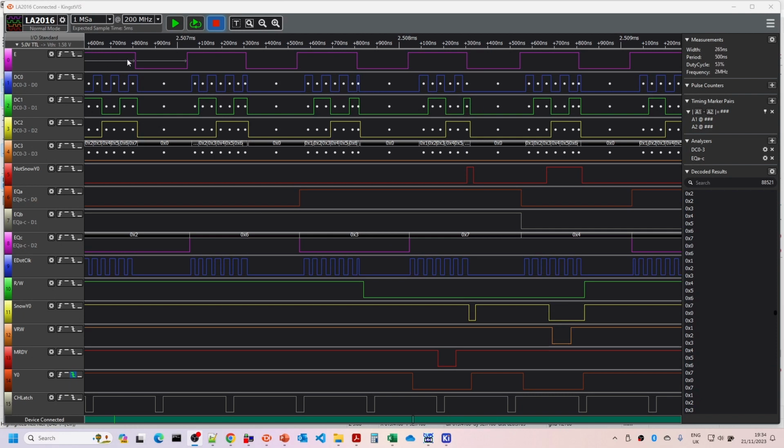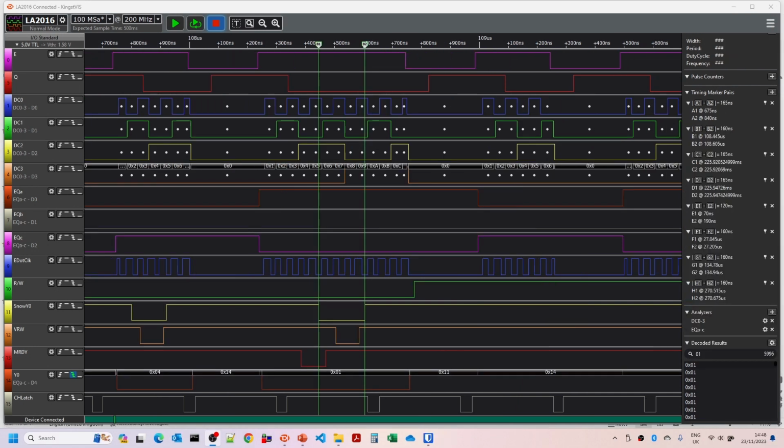Okay, so I completed the changes. I'm just running the test program here, you can see there, and if we have a look at the logic analyzer, you can see that our E signal looks to be behaving itself. We do have some MRDY signals down here, but there's nothing happening here, which is what we'd expect. So what I'm going to do now is wire in the MRDY signal over to the output from our new snow circuit, and we'll see whether or not we get any change in behaviour.